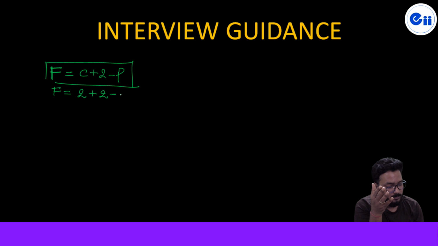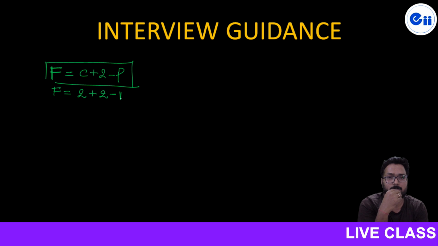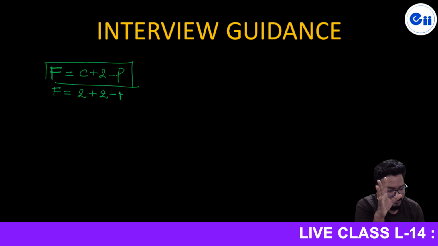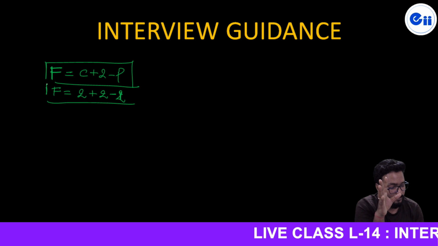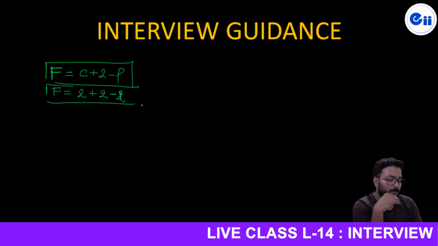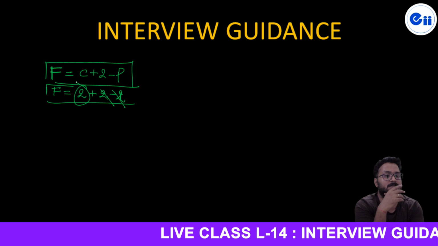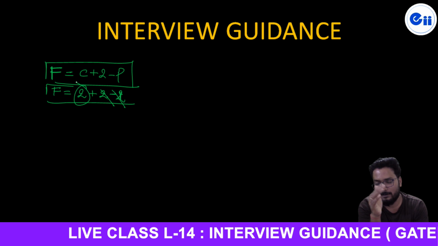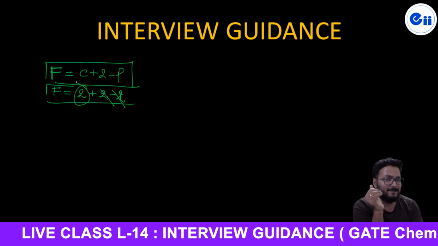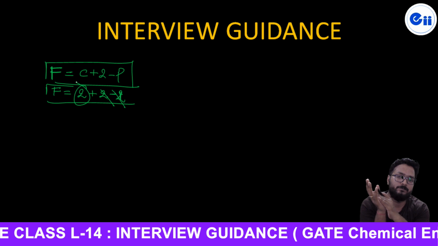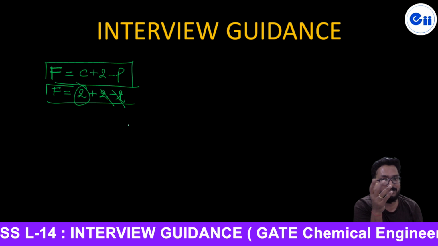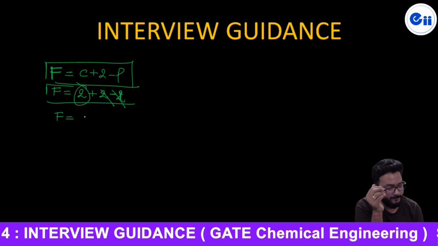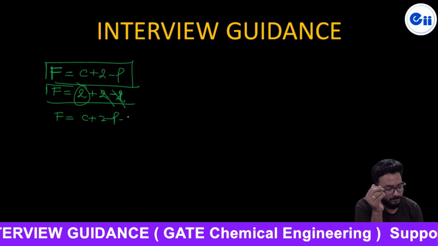the single phase, because y equal to x. Let's say normal, अगर बात करें, normal condition में क्या होगा, F equal to C plus 2 minus pi, then two variables must be fixed. Means if temperature and pressure are fixed, then we can define the other compositions x and y. But at the azeotrope, one more additional constraint is there. This is called F equal to C plus 2 minus P minus R minus S.